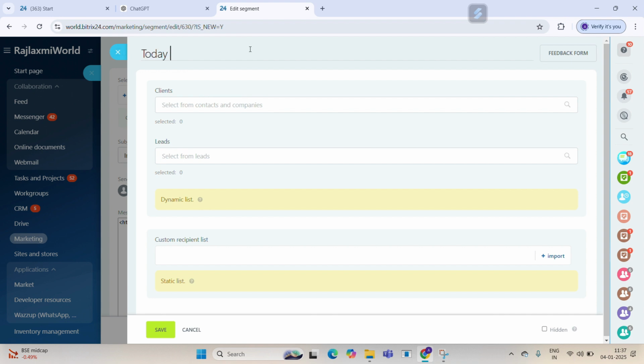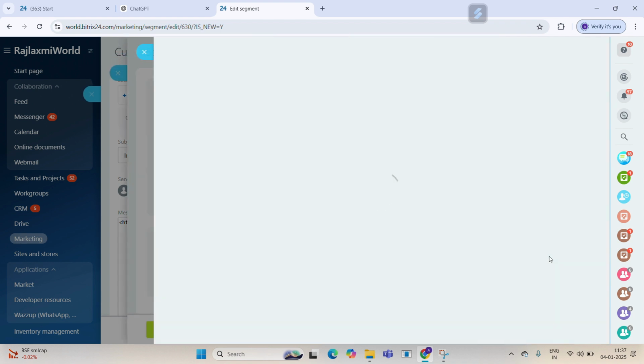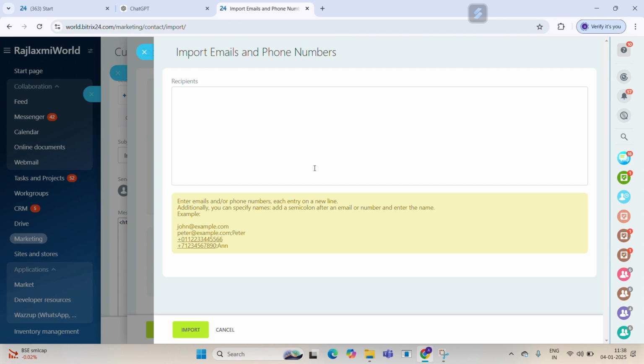today best 25% offer. Okay, you can see the custom recipient list here. I need to import, or click on that import button. So we need to copy and paste here also. I just add manually. I will add one or two email IDs